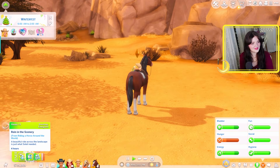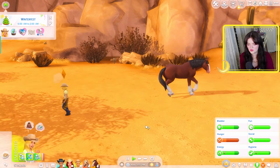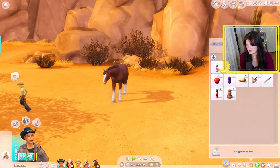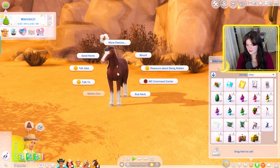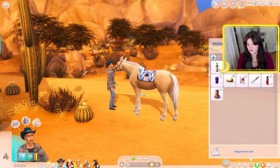She's feeling happy and energized. I thought she fell off. A beautiful ride across the landscape was just what Soleil needed. His hunger is low. Can I feed him something? I don't have anything to feed him, so let me give her the strawberries that Vasile has. And then we can feed the horsey a strawberry. And since Vasile is just chilling out talking to this other horsey, I'll get him to,